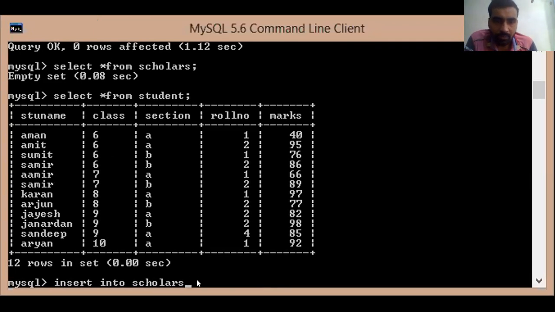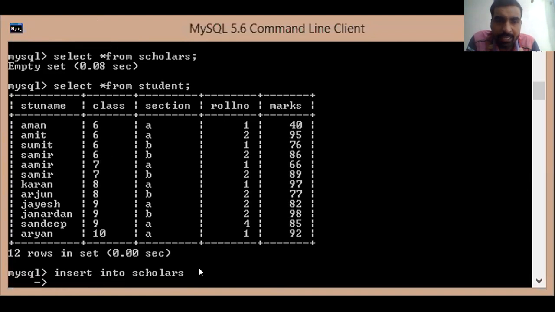Press the enter key, then write select asterisk from which table you want to insert. So our table from which we want to insert is the student table. So we write here student.